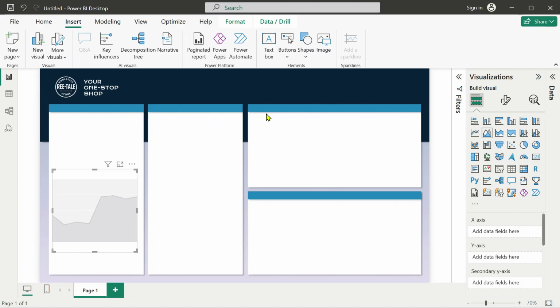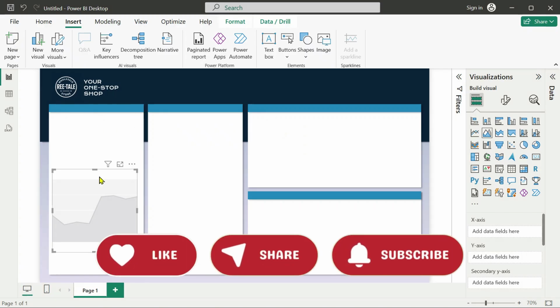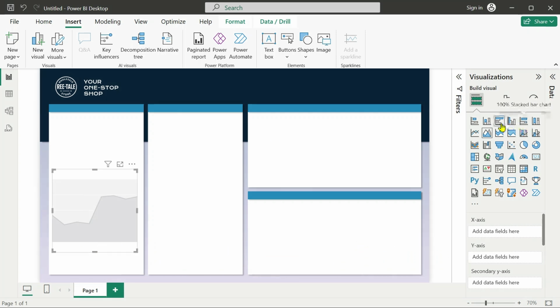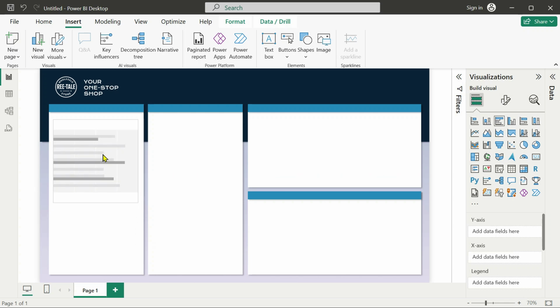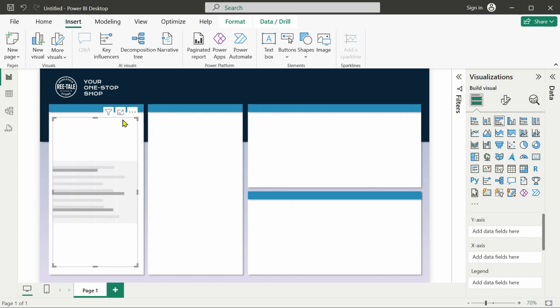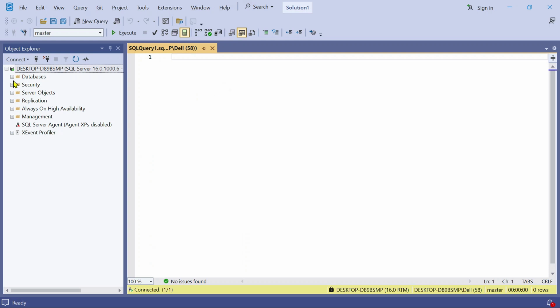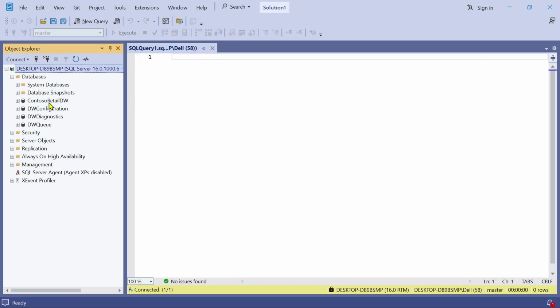According to our planning, this first panel is supposed to hold a bar chart like this. And this bar chart is going to show me the sales amount per sales region. So of course, first off, we need the fact table with the sales information, with the sales amount and quantity sold and everything. So the first table that we are going to need will be